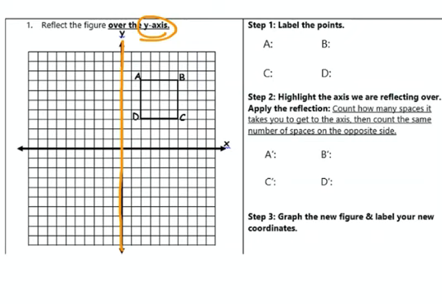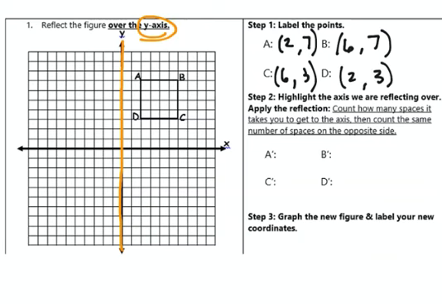Okay, step one, label the points. We are going to label points A through D. So let's see, A is going to be 2 over 2. And how many does it go up? Well, it goes up 7 points. If you count each line on that grid, it goes up 7 points, so 2, 7. B goes over 6. And it goes up 7 points, because it's right across from A. C goes over 6, up 3. And D goes over 2, up 3. Okay, so we have all of our points